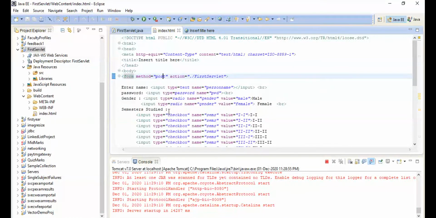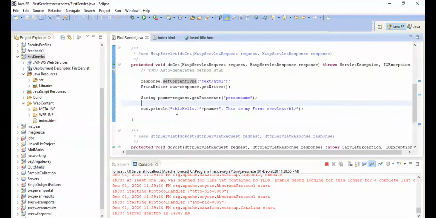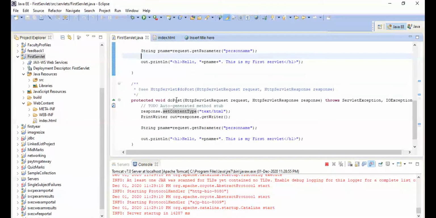But here so many controls are there that if we use method equal to get, the URL may be too long to see in the browser. It may be awkward to the end user, so we have to use method equal to post. When we use method equal to post, then in the servlet we have to go to the doPost method.